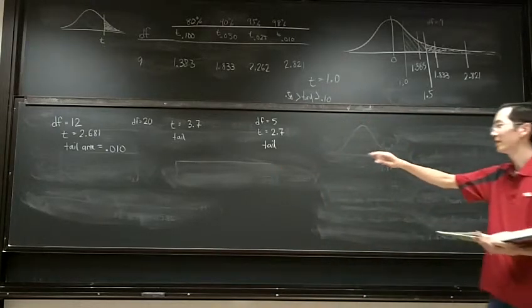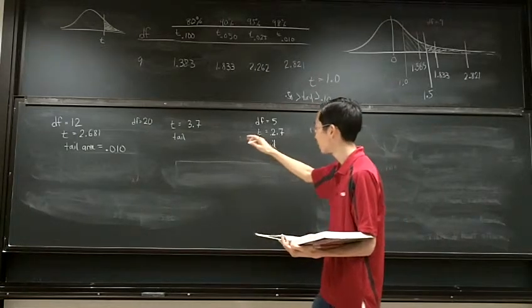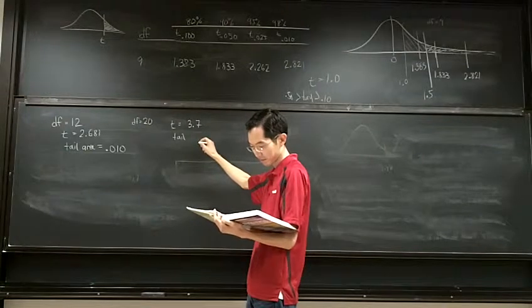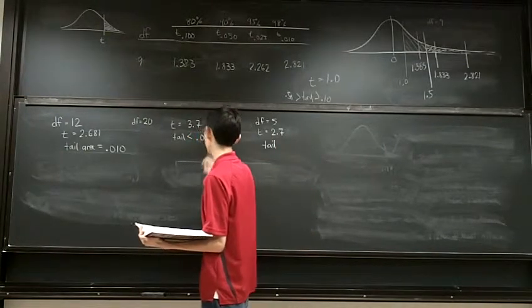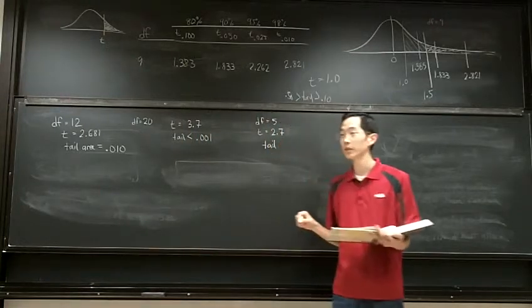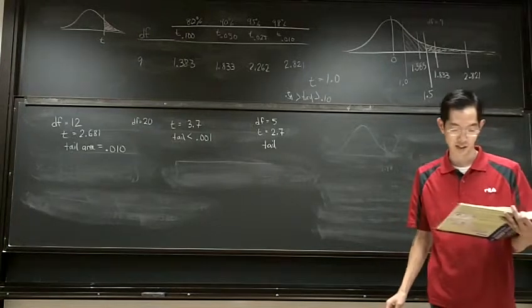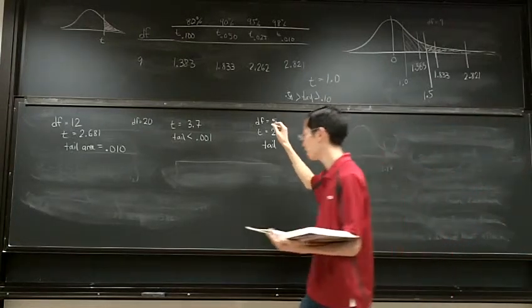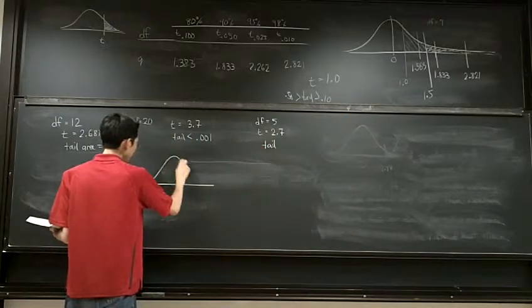Next one. Okay. What is our tail area? Less than 0.001. Okay. How did I get that? Question. That's exactly right. So if I were to draw this picture for degrees of freedom equal to 20,